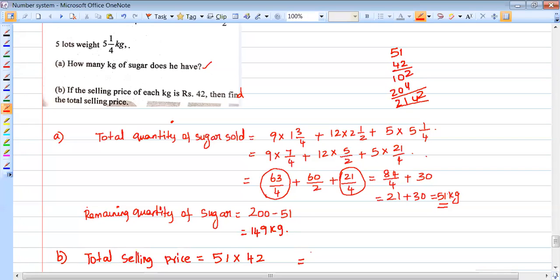Yes. So rupees 2142. Yes, Kanishk, your answer is correct. Akshaya's answer is also correct. Yaswant is also correct. Very good. So most of you sent the right answer. Hope you all understood this question clearly.